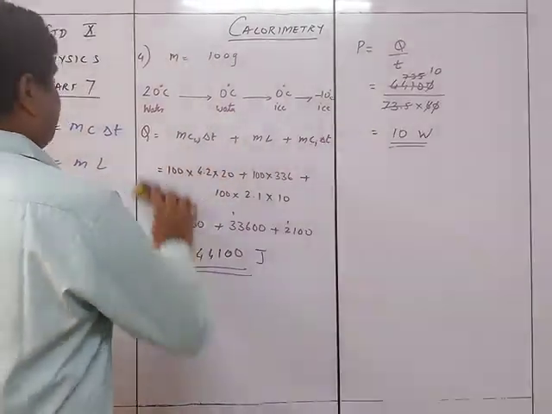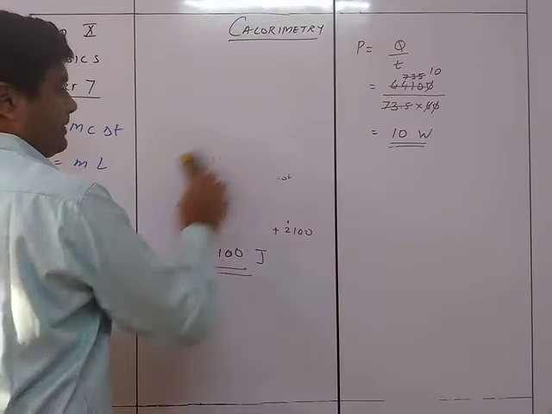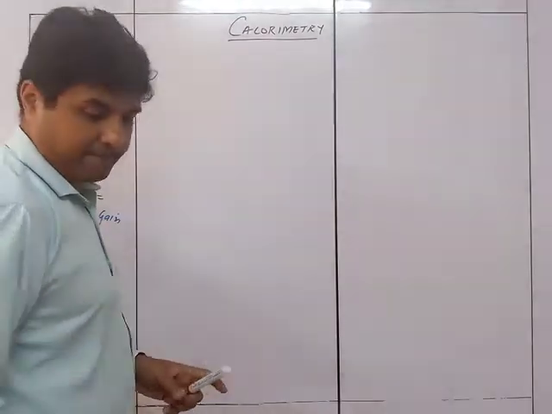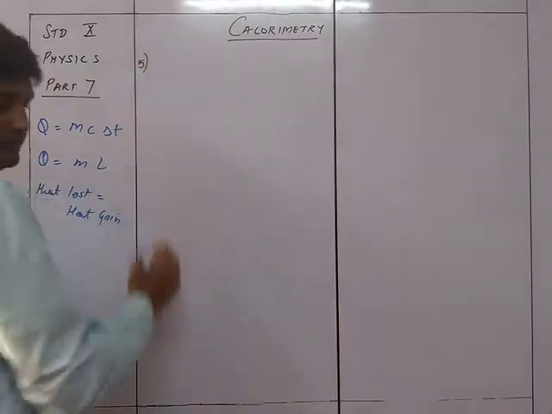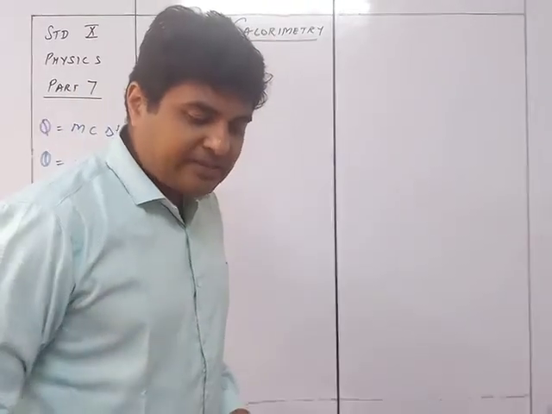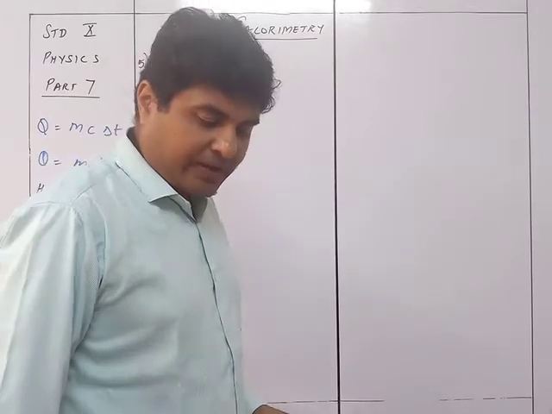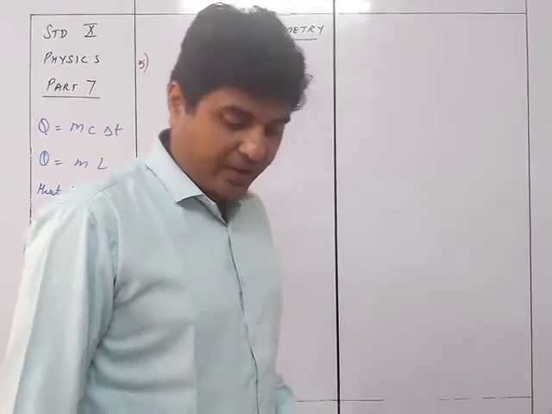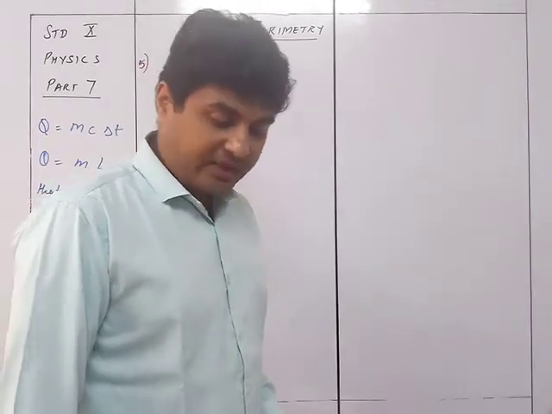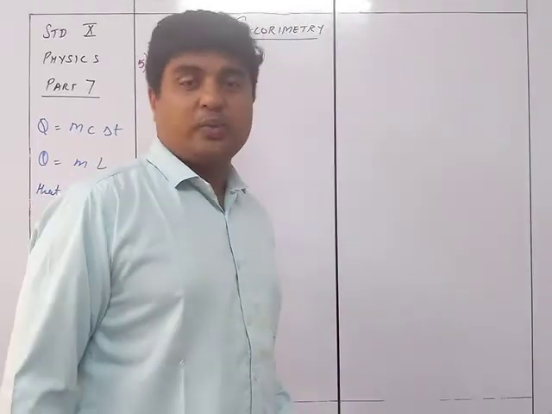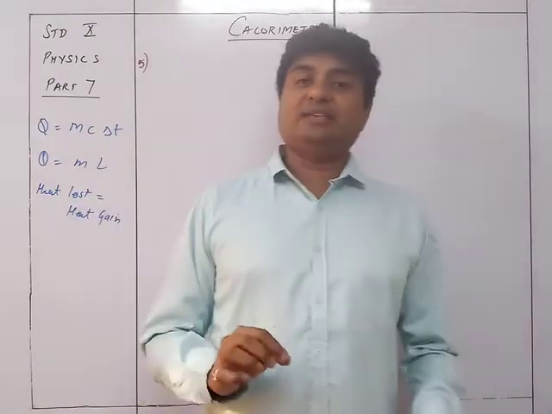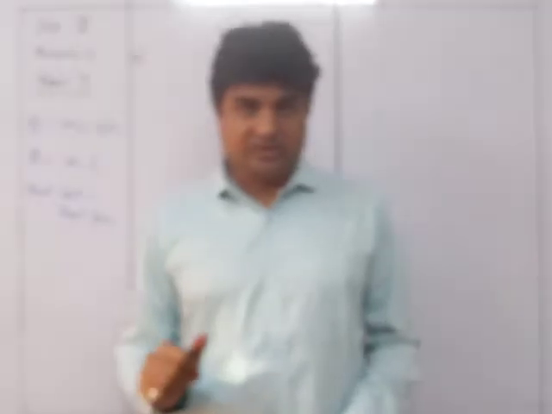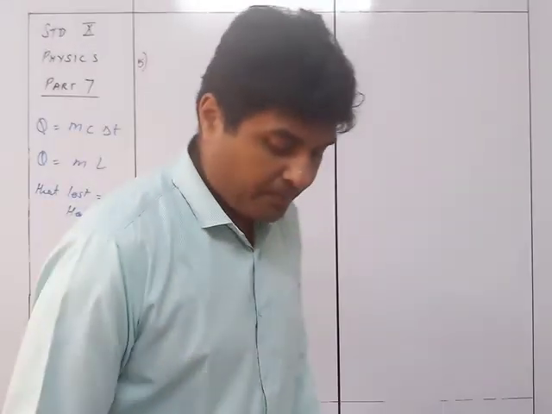We do the question number 5 now. Question number 5. In an experiment, 17 grams of ice is used to bring down the temperature of 40 grams of water at 34 degrees Celsius to its freezing point. Okay, so now you can see that this is a question wherein not only there is a change in state, but there is also the heat loss and heat gain substances. Okay, so let's go through this properly.